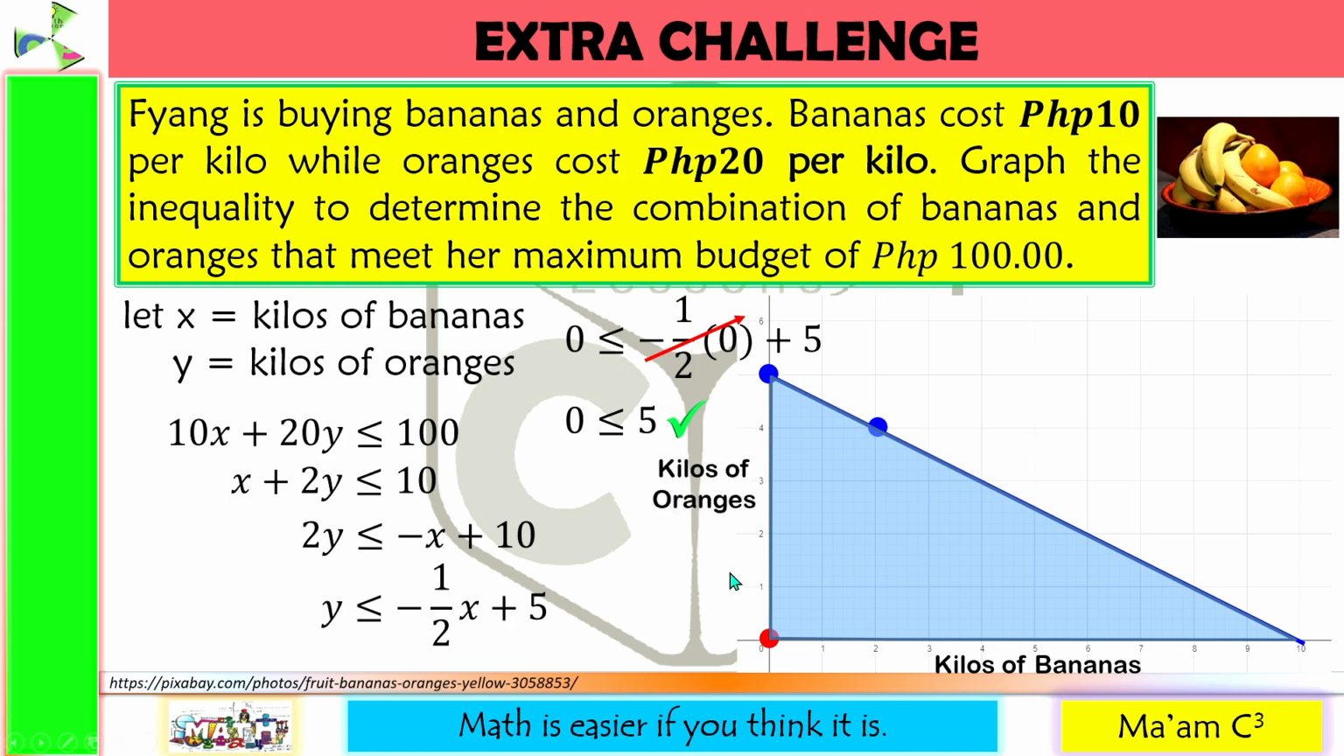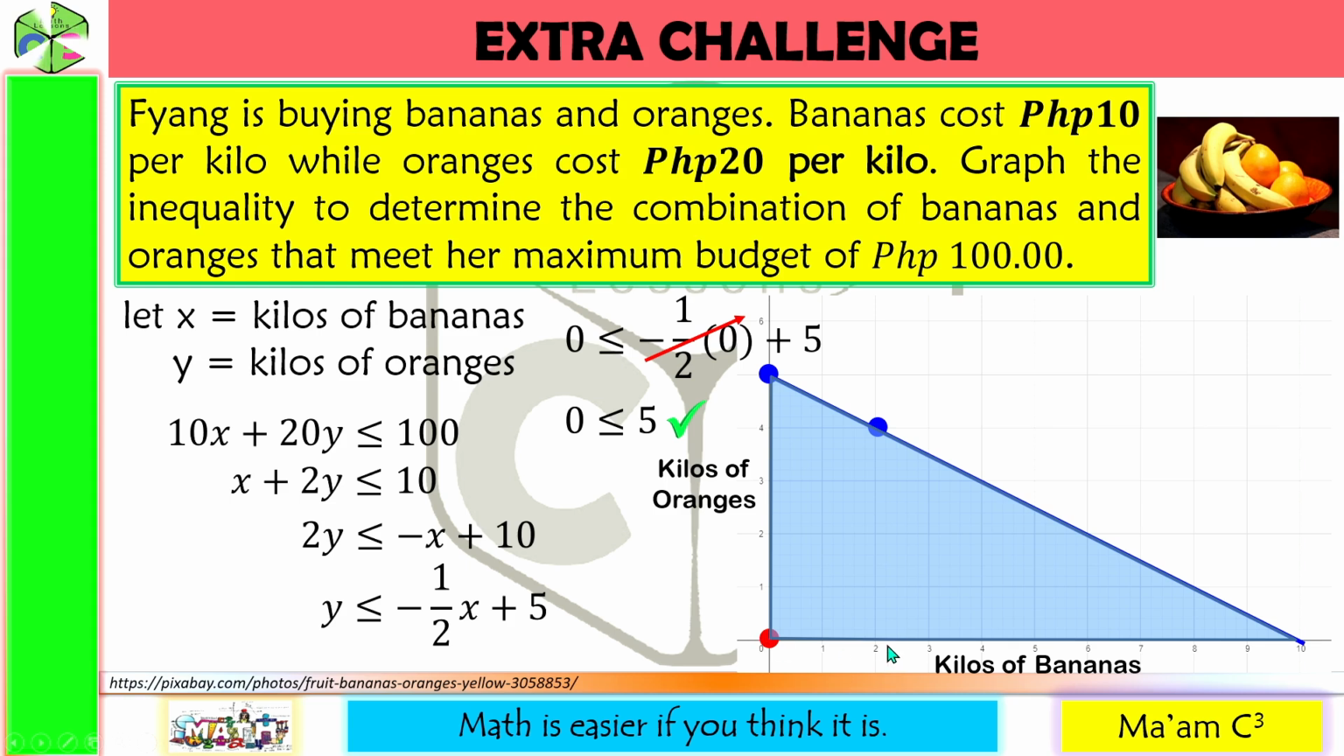kilos of oranges. Now let us determine some combination of bananas and oranges that will meet her maximum budget of 100 pesos. Meaning we cannot go beyond this boundary line. That's why it is called boundary line. So it could be no bananas but 5 kilos of oranges. And 5 times 20 is 100. Or it could